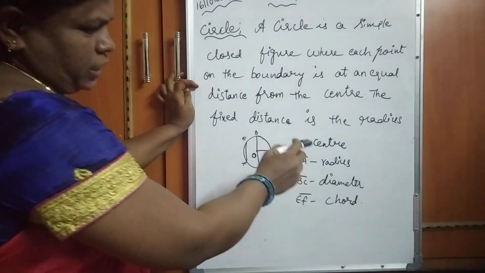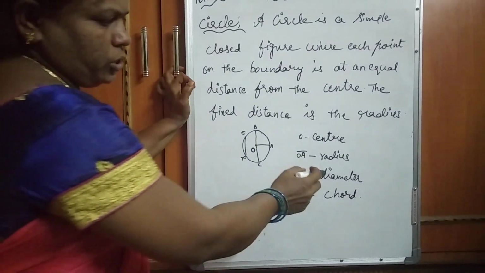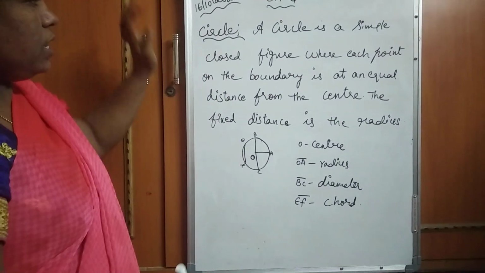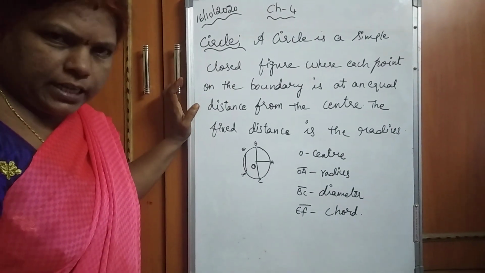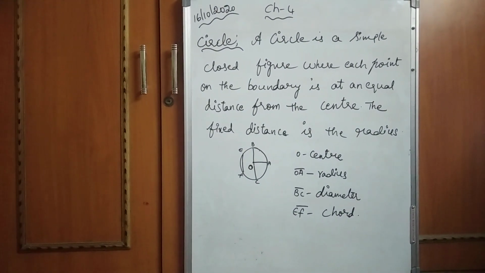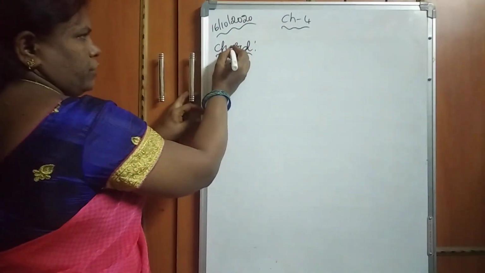Now center you know, radius you know, diameter definition and chord definition, relation between diameter and the radius, that all will write in the classwork. This copy down in the classwork. Copy in the classwork, children. Chord, children, will add the definition of chord.